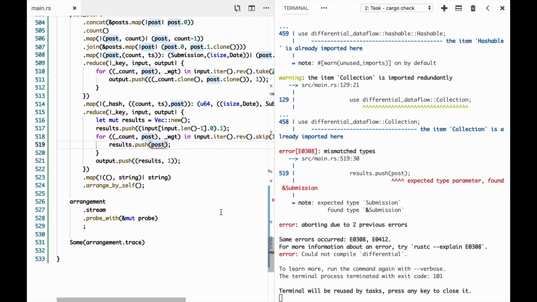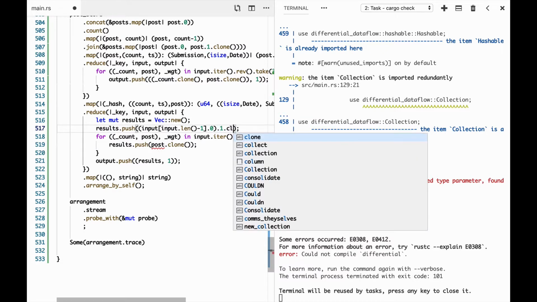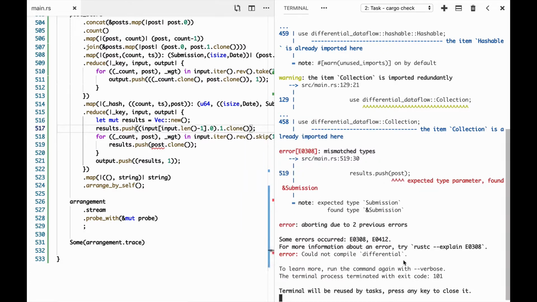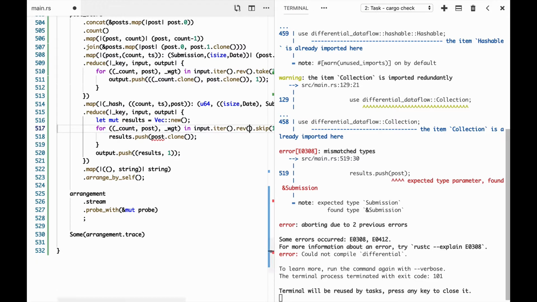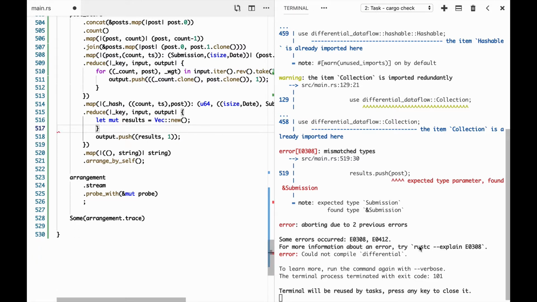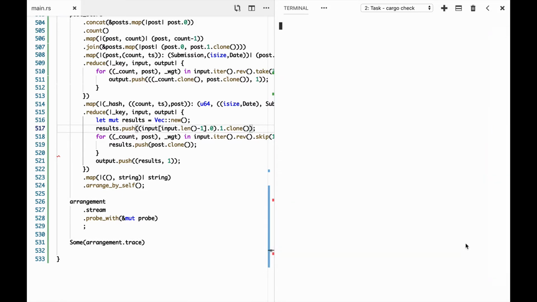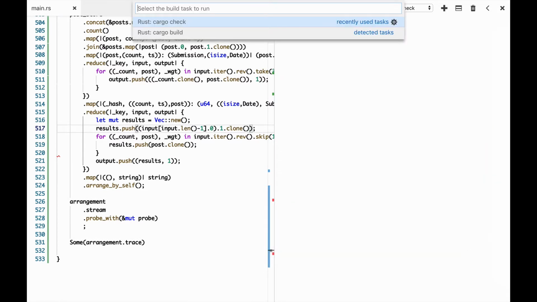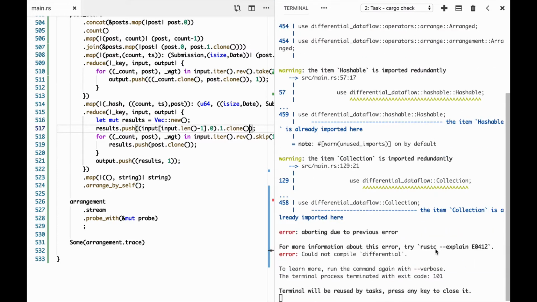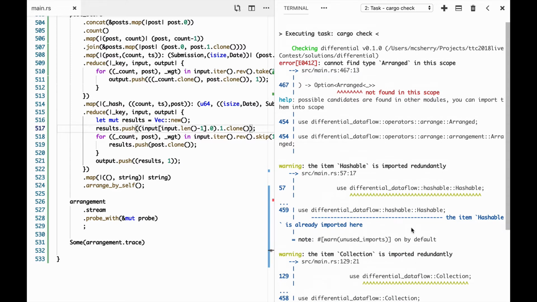Found submission. Okay, so this needs to be cloned, I think. Probably the same. If you recall previously, we ate some technical debt where we just said, oh, we know these are integers, that's fine. We can just dereference them, and that will automatically copy stuff, which was true at the time, but now we